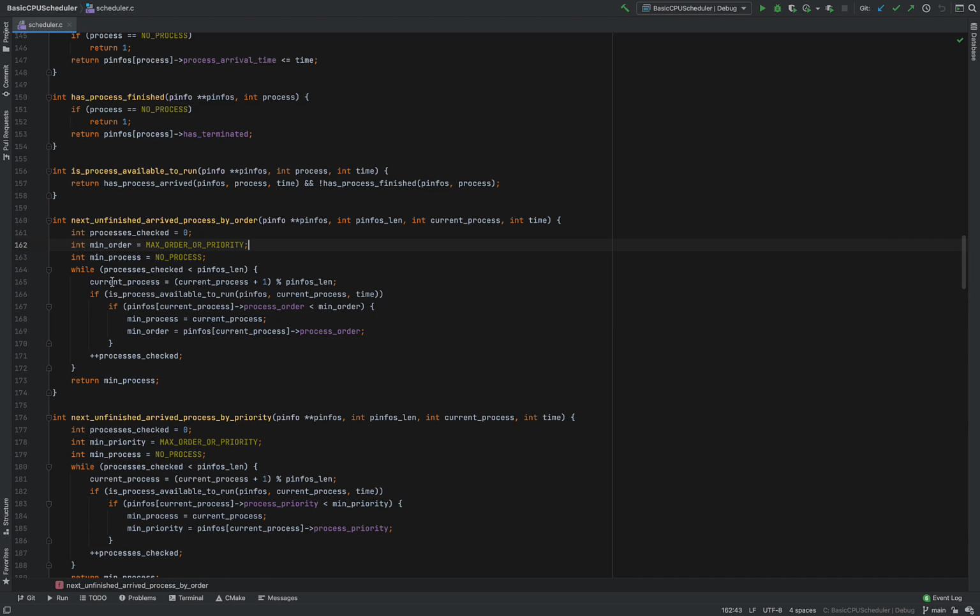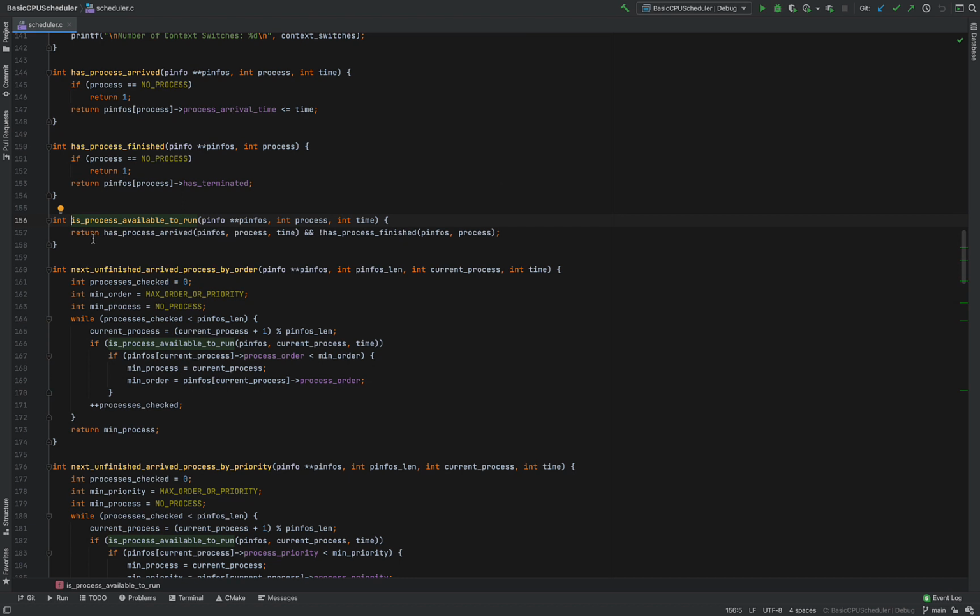So we run a loop over all the processes, right? And we do current process equal to current process plus 1 modulo p infos length. This will just make sure that the current process stays between 0 and p infos length minus 1. If the process is available to run, now let's take a look at what that is.